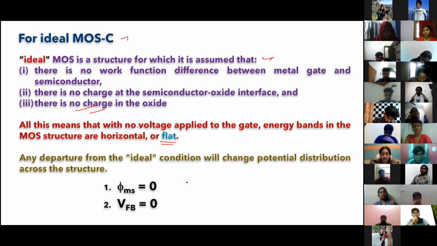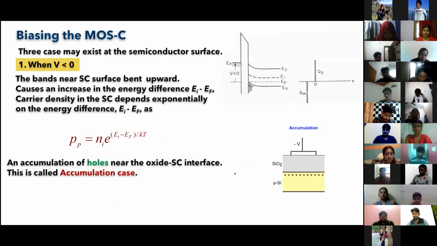So any departure from the ideal condition will change the potential distribution across the structure. If you apply any voltage or do anything, there will be a charge redistribution between the oxide layer and the semiconductor layer, then the charge will accumulate, then the whole dynamics will change, and we have to characterize them, okay? Now, see, this is a very important picture actually for